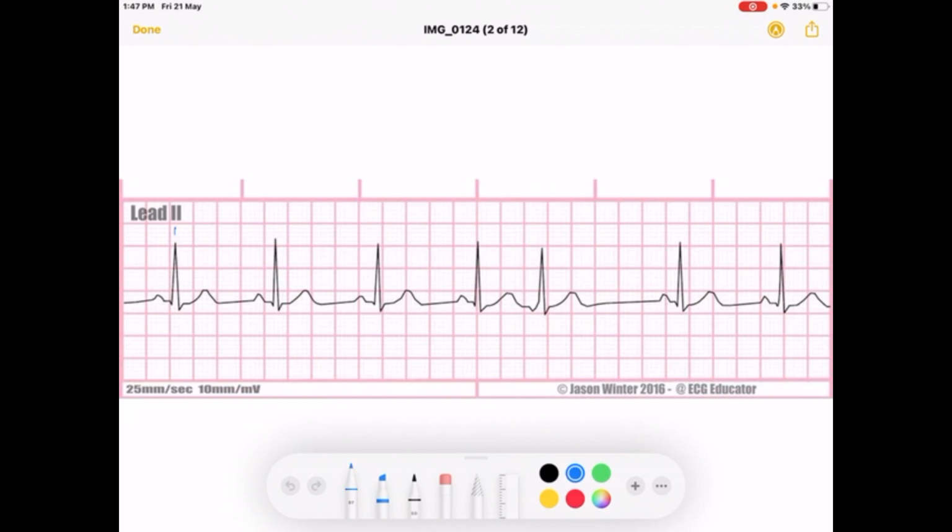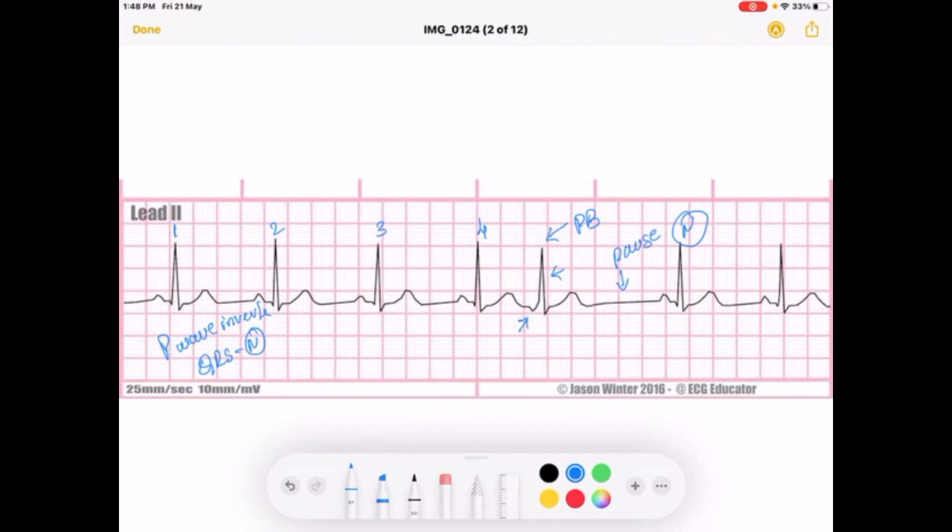Here this is normal 1, 2, 3, 4. Here there is a premature beat, with a normal beat established again with the pause. So now let's see the P wave. The P wave is present, so it is not a ventricular premature beat, but it is inverted. The P wave is inverted with a normal QRS. The QRS is also normal.